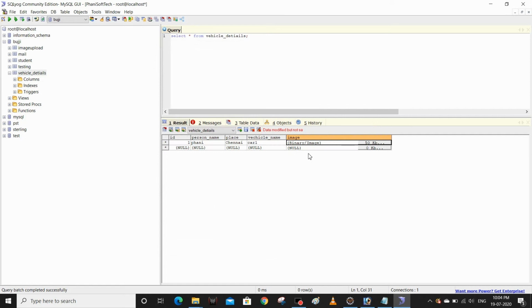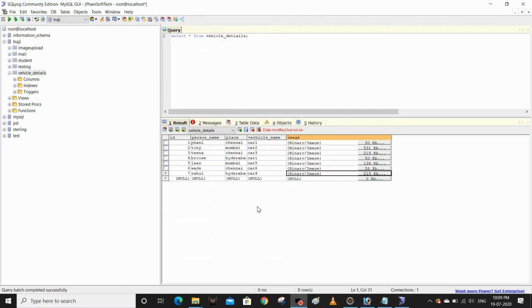One image is uploaded. Like that you can enter some records. I have added some sample records and uploaded some files, since based on the place we need to search these records. I'm going to save this data.